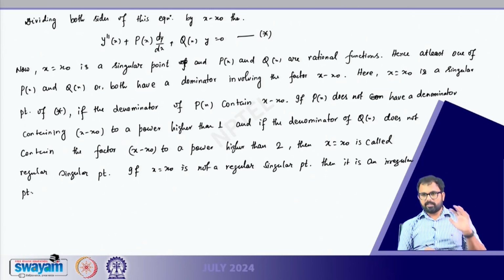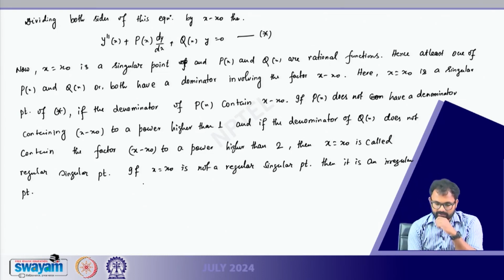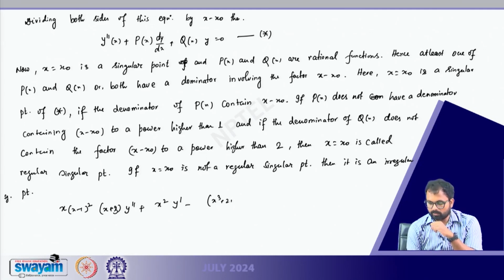So, let us go back. We have regular point, or ordinary point, then we have singular point. Within singular point, we have regular singular point or irregular singular point, right. So, regular singular point and irregular singular point. So, for example, if we consider x minus 1 whole square into x plus 3, y double dash plus x square y dash minus of x cube plus 2x plus 1 into y equals to